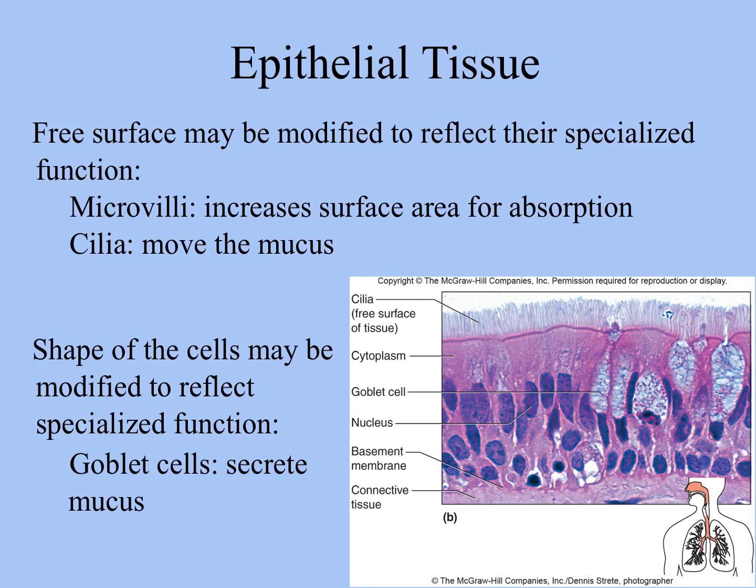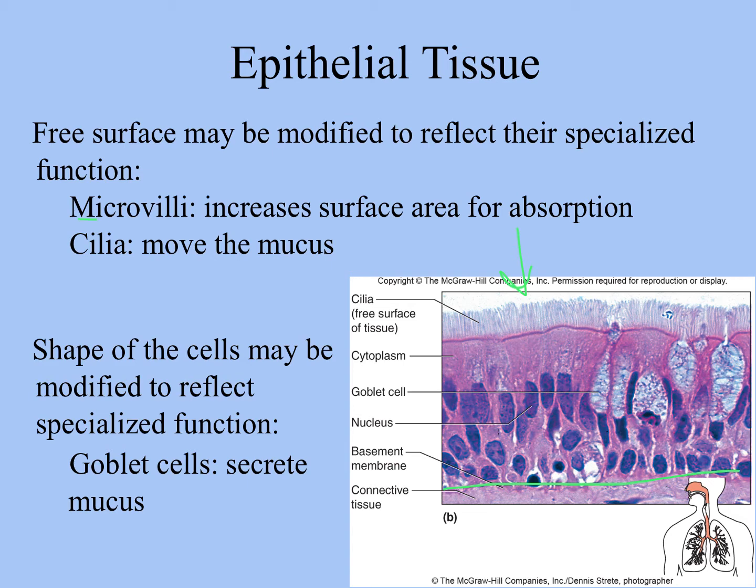So this lecture is going to focus on things that may not have been covered adequately in the crash course videos. So with epithelial tissues, remember you have this basement membrane that the epithelial tissues are attached to because they're on surfaces, but the free surface may be specialized to reflect the function of the particular organ that they lie